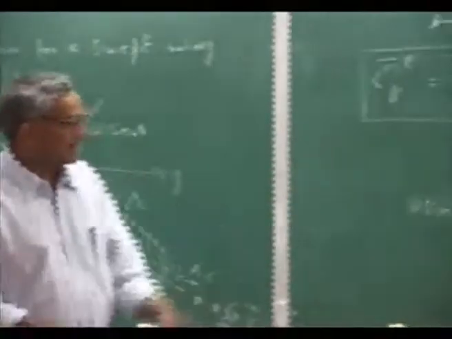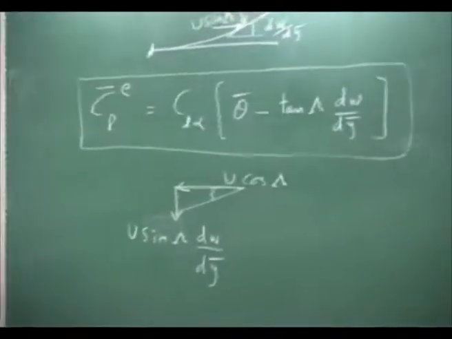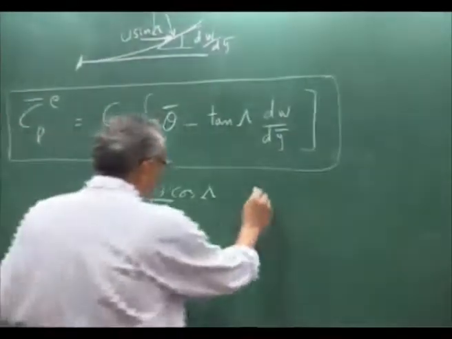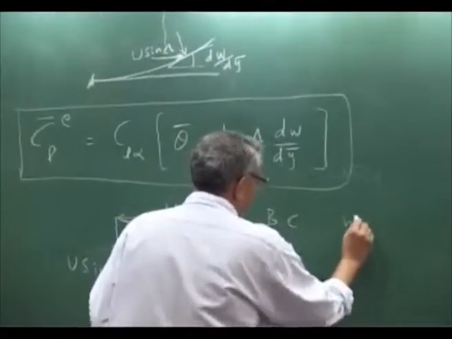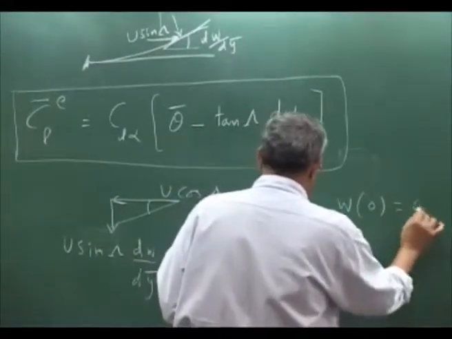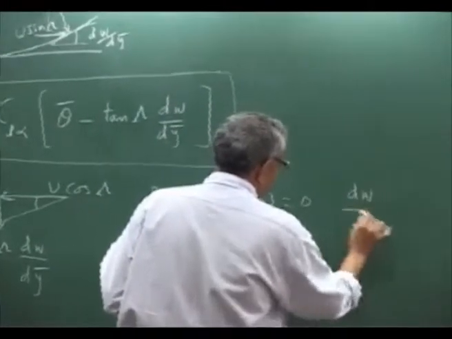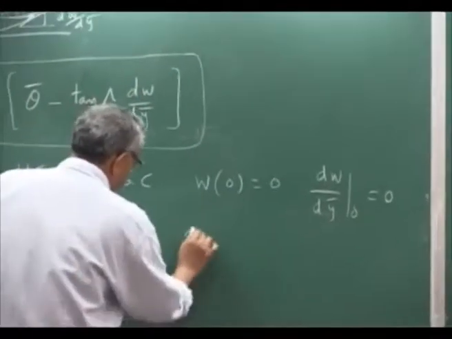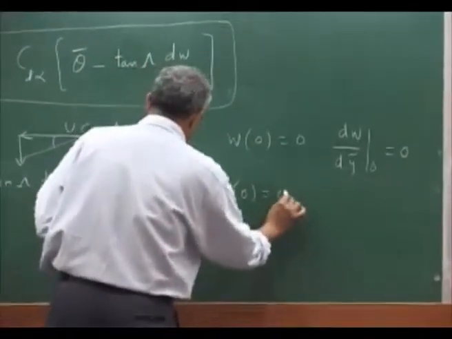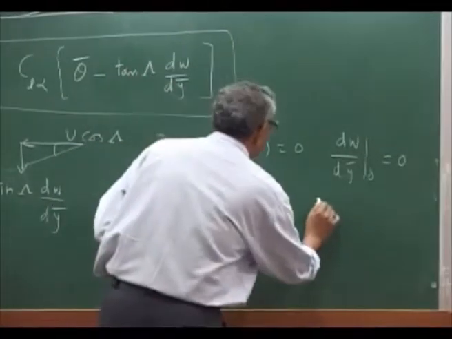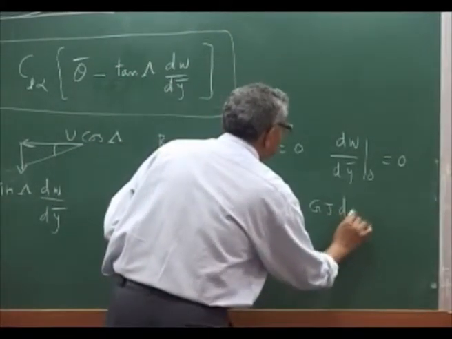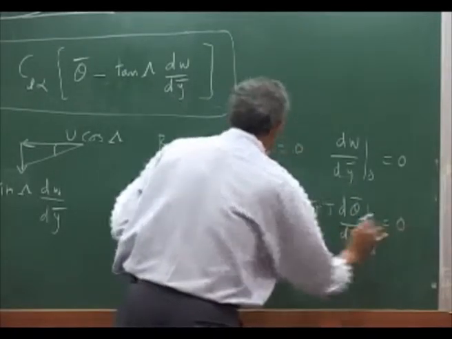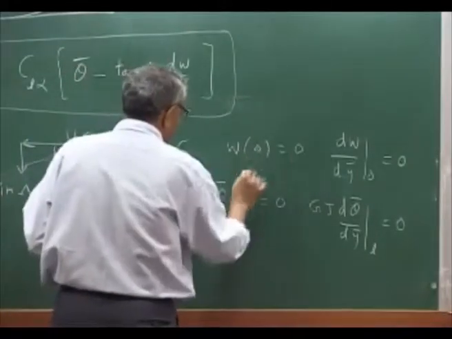Now this is how the coupling happens. Of course, the boundary conditions you have. I'll just mention them so that you have these boundary conditions. BCs will be W0 is 0 and dW over dy bar at 0 is 0. That is, the slope is 0. Then theta bar 0 is 0. And then GJ d theta bar by dy bar at L is 0, and then you will have other two,